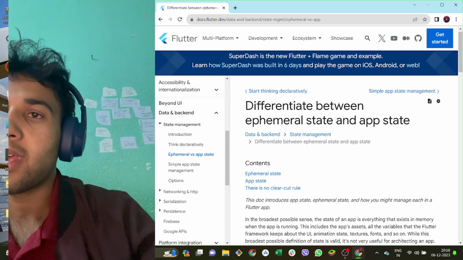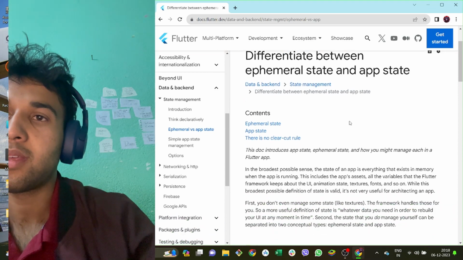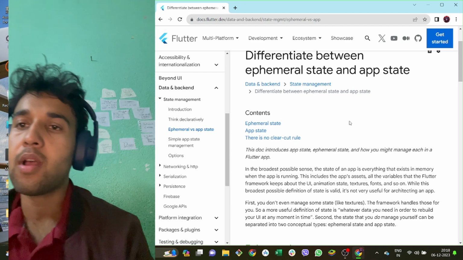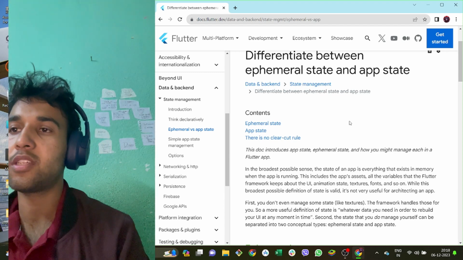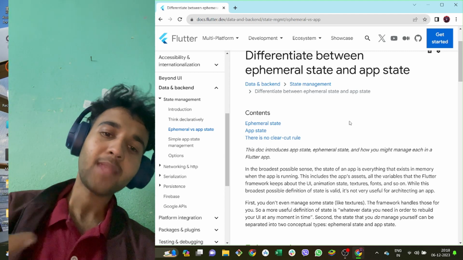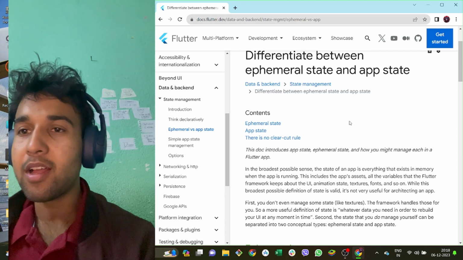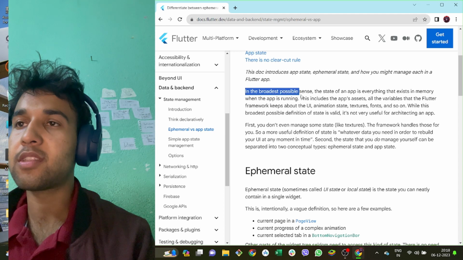Differentiate between ephemeral state and app state. Ephemeral state, app state, there is no clear-cut rule. This talk introduces app state, ephemeral state, and how you might think about them in a Flutter app. So let's begin, guys. I will read all of this, so do not rush. In the broadest possible sense, the